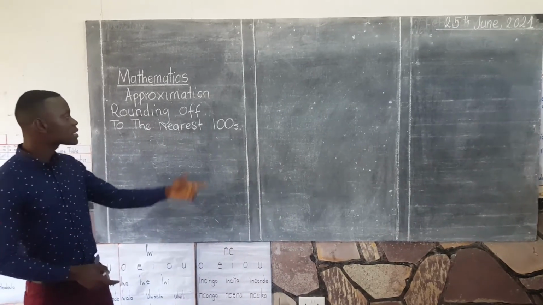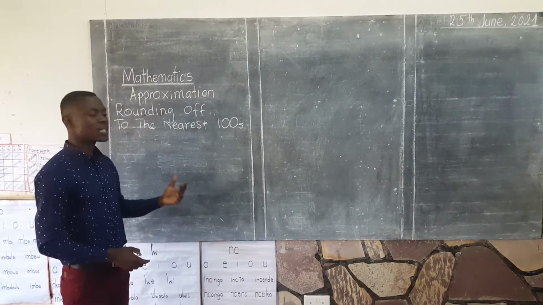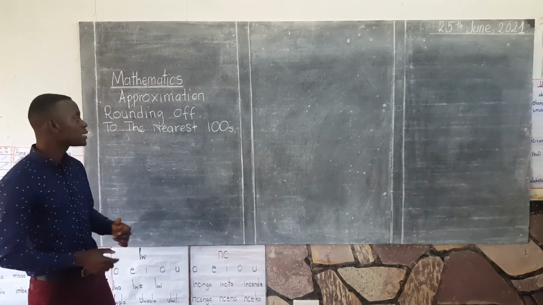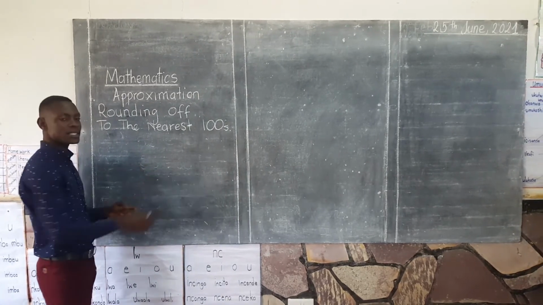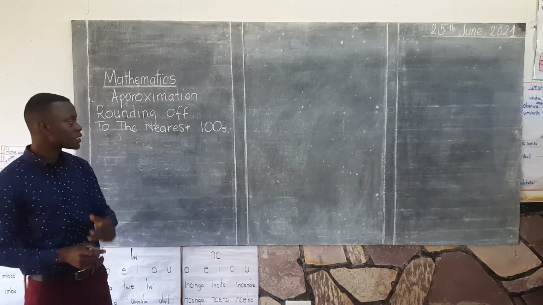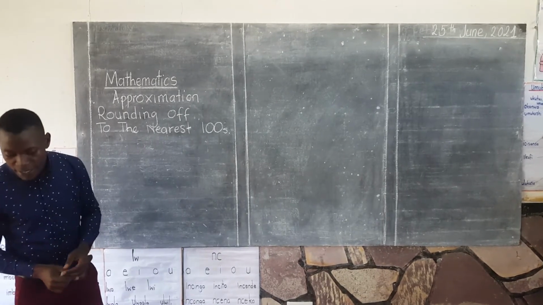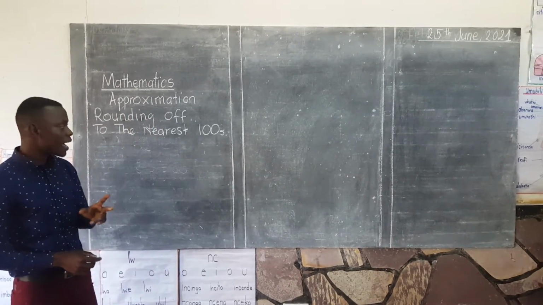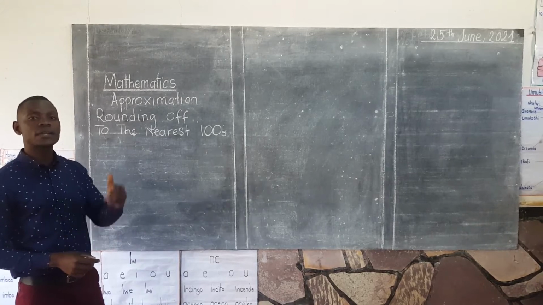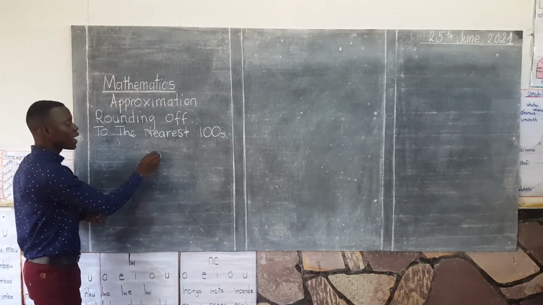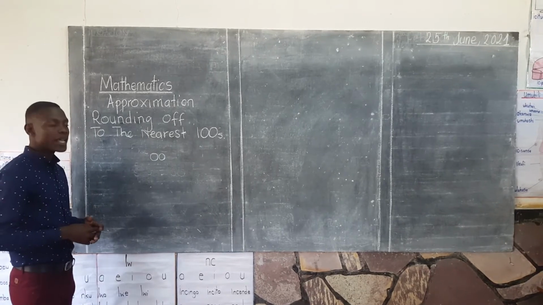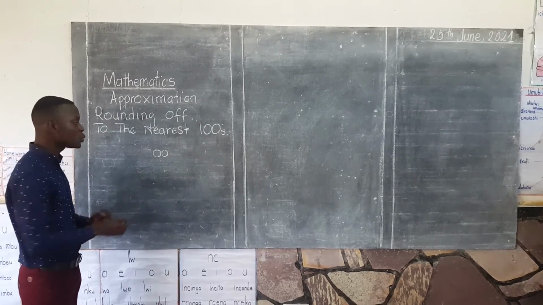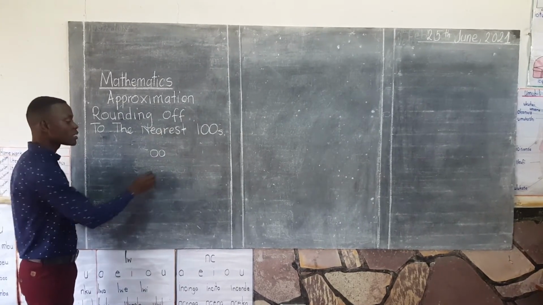Number one: since in the previous lesson we were focusing on the last single digit, today, since we are looking at hundreds, we will focus on the last 2 digits. The first principle says if the last 2 digits are less than 50, we write them as 0, 0. If the last 2 digits are 50 and above, up to 99,